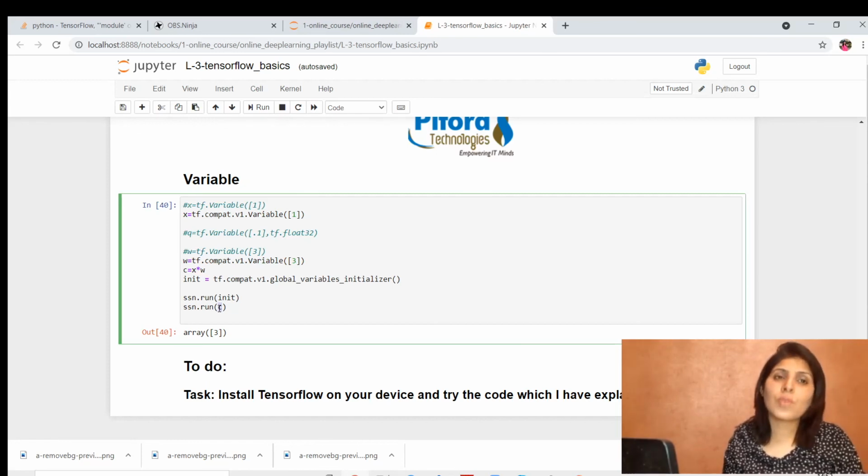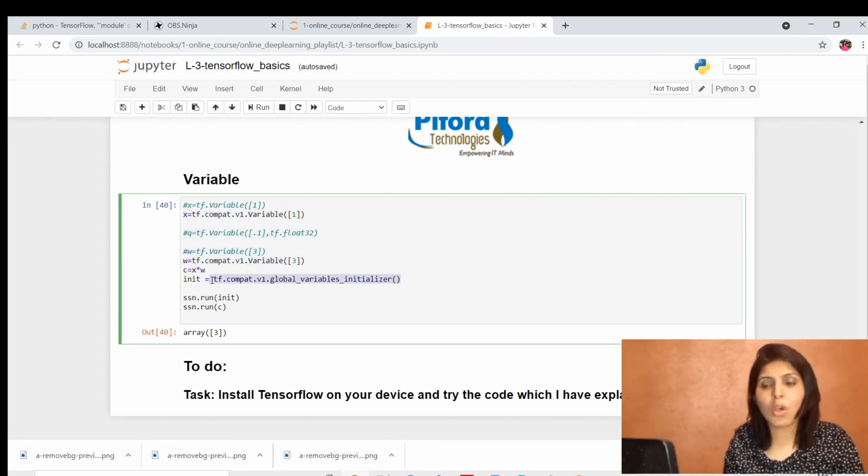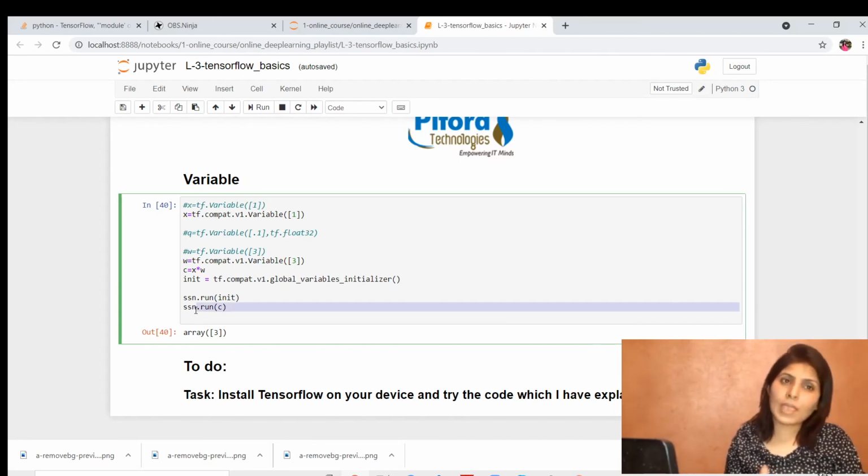Okay, so whenever you are using variables, define the variables first of all. After that, in one variable, call this method global variables initializer, then run that initializer, and then execute the output which you want to see, right? This is how TensorFlow works.